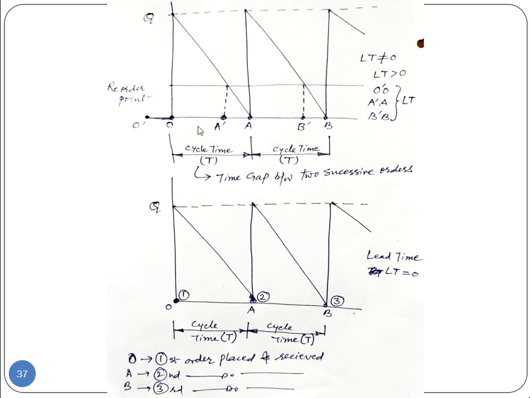O dash O is called lead time, A dash A is the lead time, B dash B is the lead time. That means when you place the order and when you get the delivery, the days are called the lead time. And कब आपने ऑर्डर किया, when you place the order, ये हमें पता होना चाहिए। and this point is called the reorder point। तो इसके अंदर क्या है मेरा, this point is a reorder point and this point is a reorder point। so these are the reorder points।